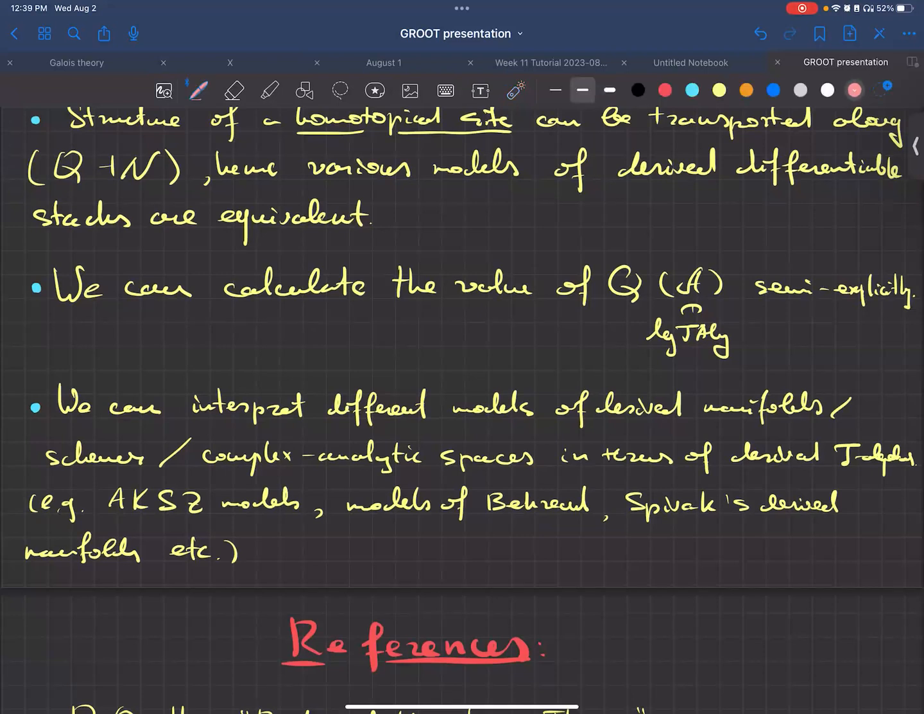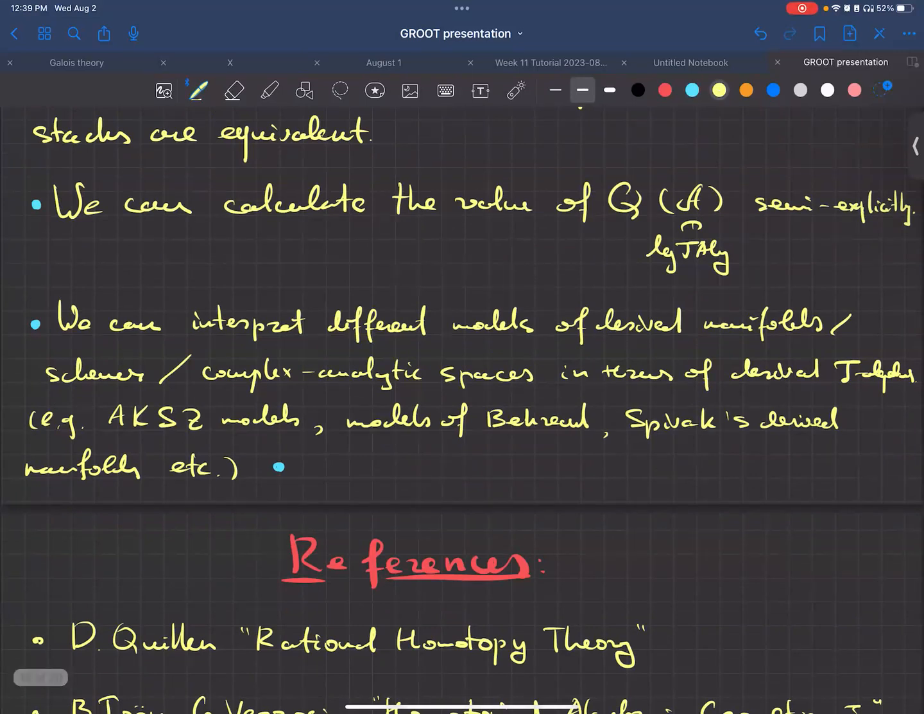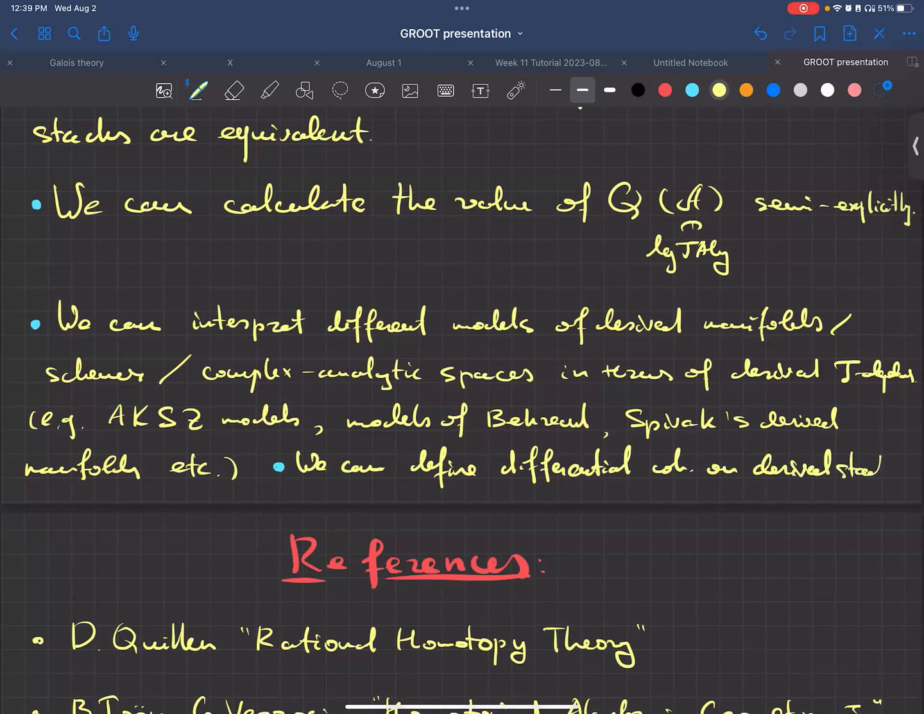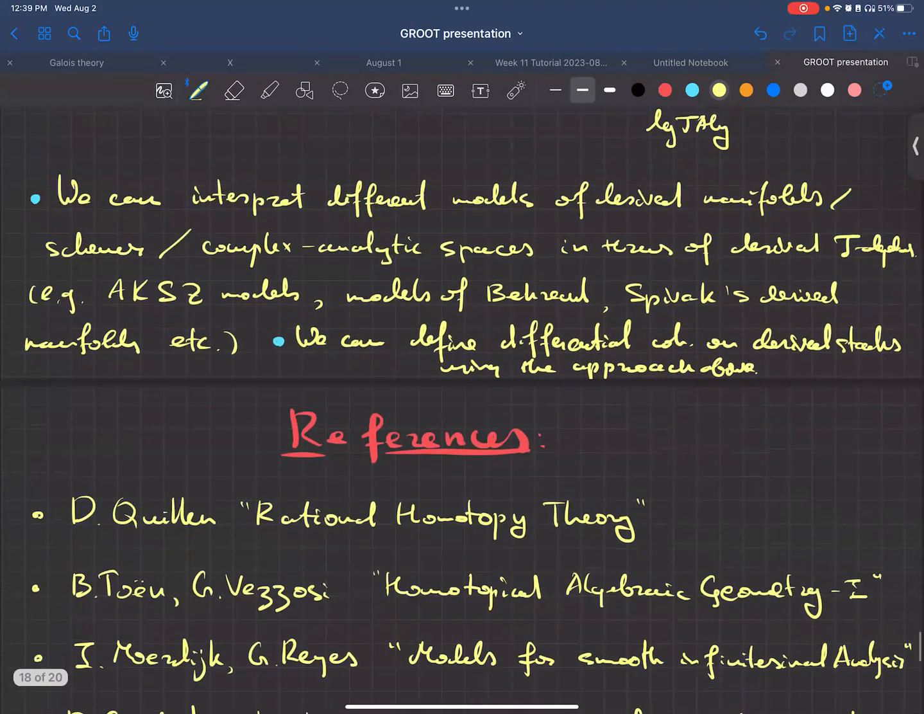And I guess I should add one more application here. The equivalence that we just described also allows us to define differential cohomology on derived stacks using the approach above. So I guess, yeah, this sums up the